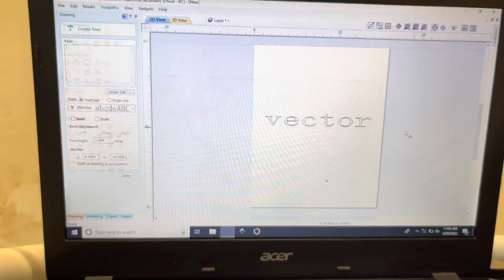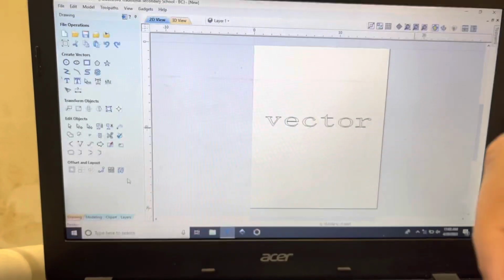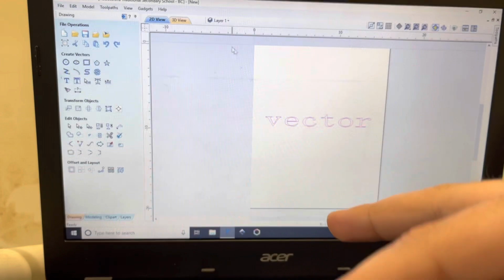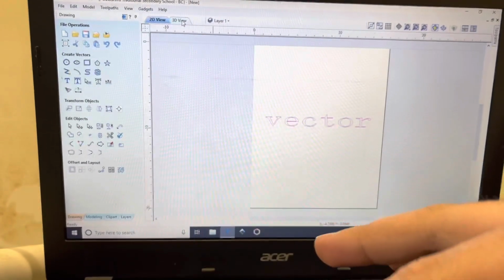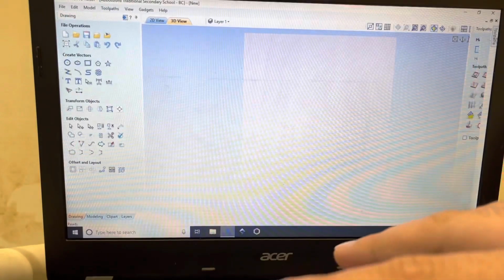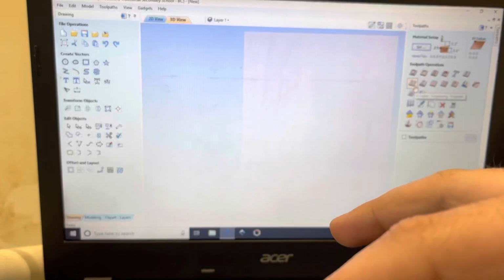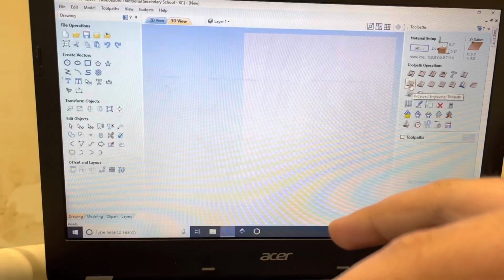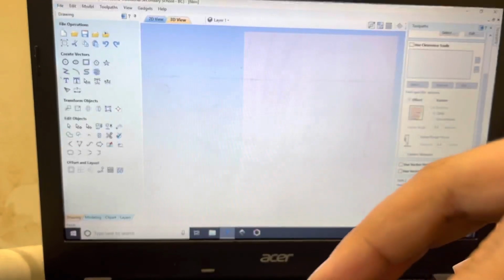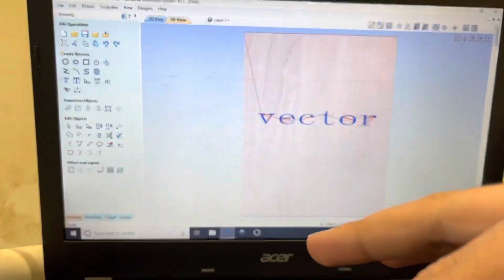Now what we have to do is use a preset. Like you can see, we have our vector on the board. So what we're gonna do is select the vector, go to 3D view on the top, and go to toolpaths on the right, which is on the most right over there, where we can see toolpath. Then we're gonna go to Vcarve engraving toolpath. There we calculate our selected vector, which was named vector,